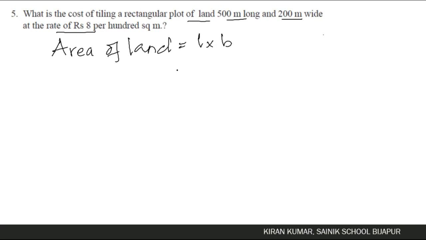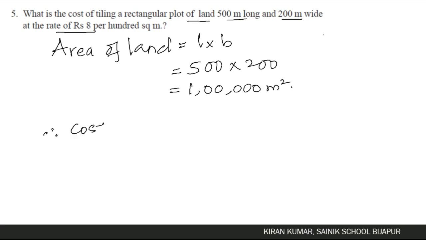They have mentioned length as 500 and the breadth as 200. We get it as 1 lakh meter square. Therefore, the cost of tiling 1 lakh meter square